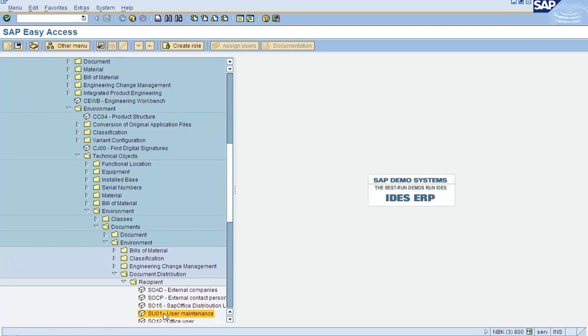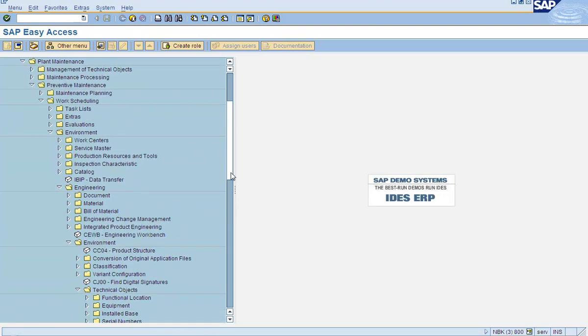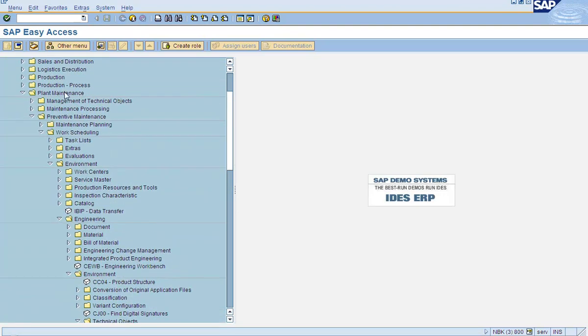The first node where it finds that particular entry, the term that you're searching. Now SU01 is for creating user IDs, right? But if you look, it is under what? Plant maintenance.